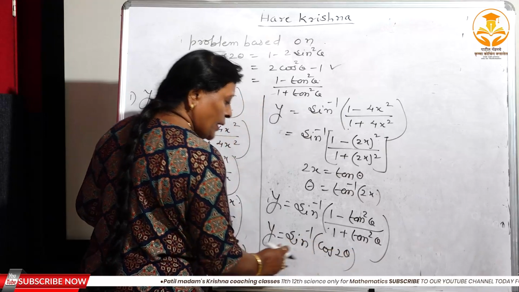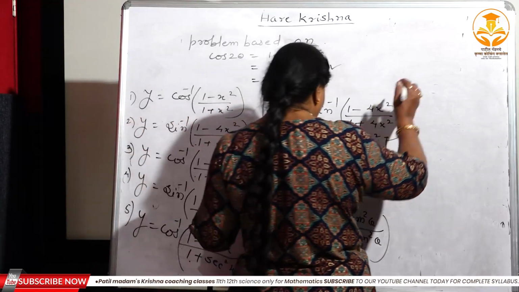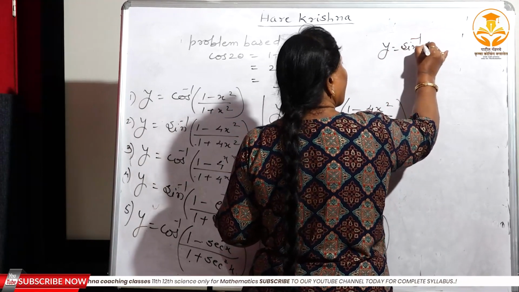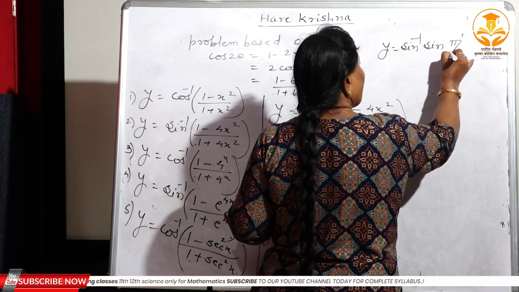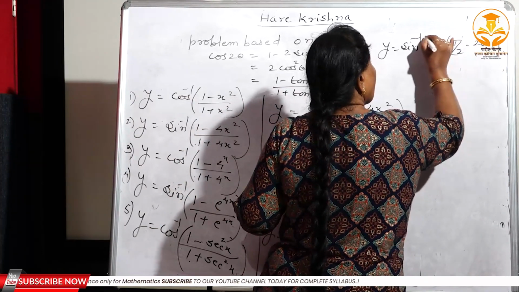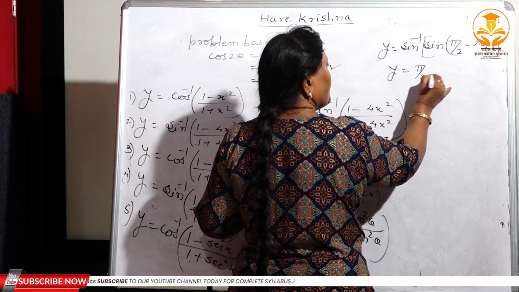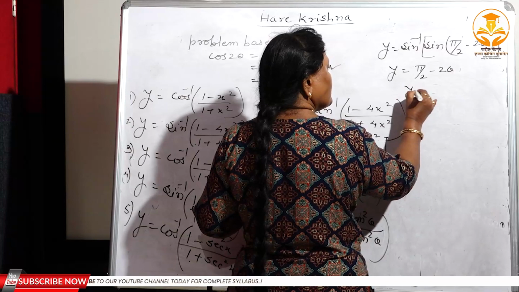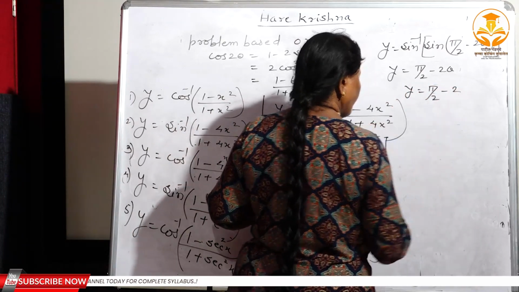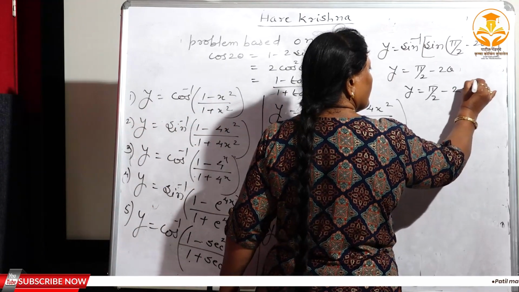Again the problem is there is a sine inverse and in bracket there is a cos. Again you can convert the cos in the form of a sine by taking the help of pi by 2, sine of pi by 2 minus 2 theta, right? Again sine inverse sine get cancel, y is equal to pi by 2 minus 2 theta, right? y is equal to pi by 2 minus 2, what is theta? Tan inverse of 2x,